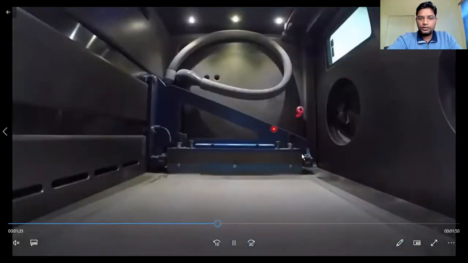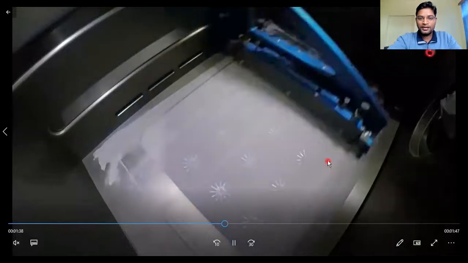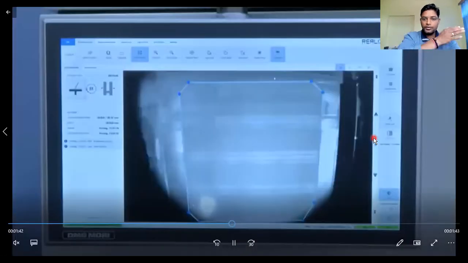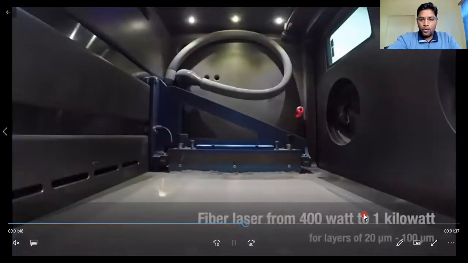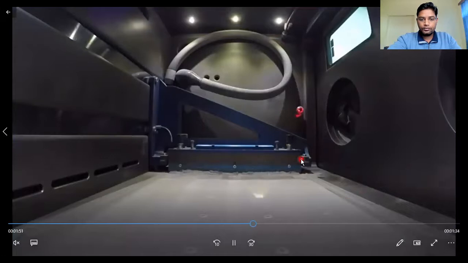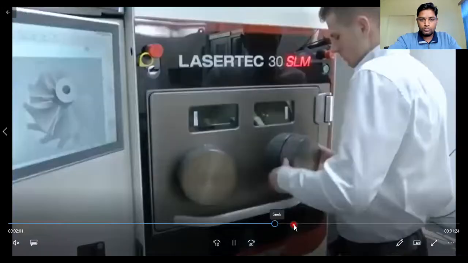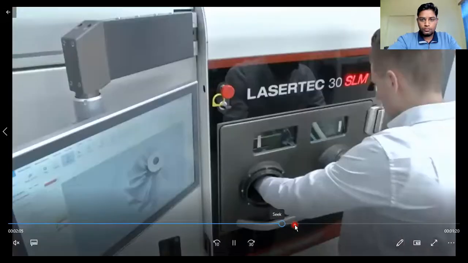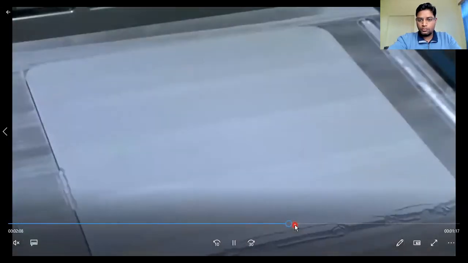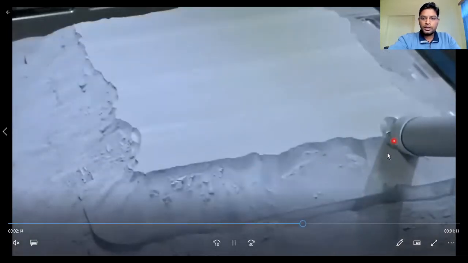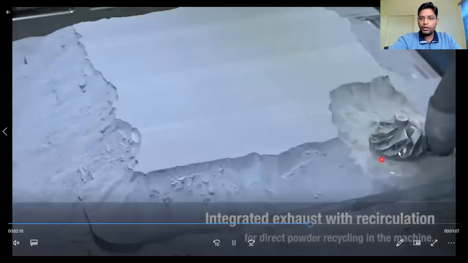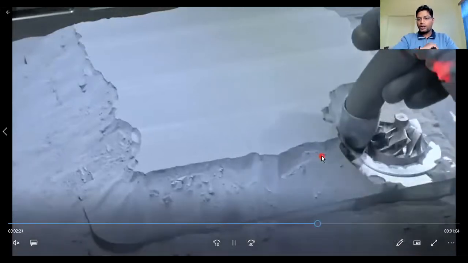So this is a structure of 300. This is actually the roller. The powder layer comes and deposits, and then this is how we take the product out, and this is the powder. We use a vacuum cleaner to remove this powder, and at the end this equipment will be there.